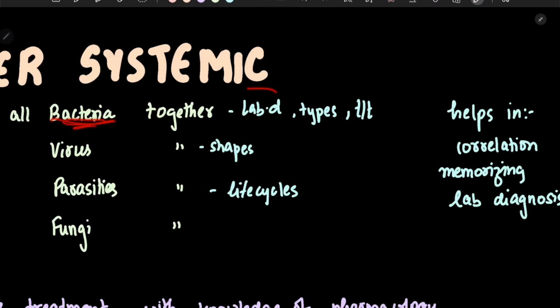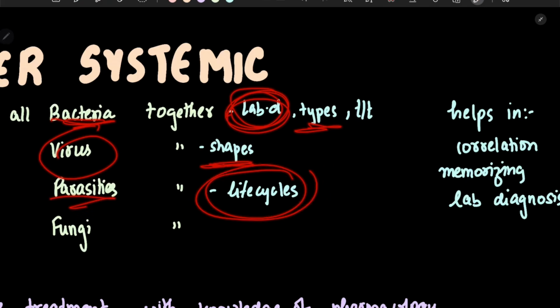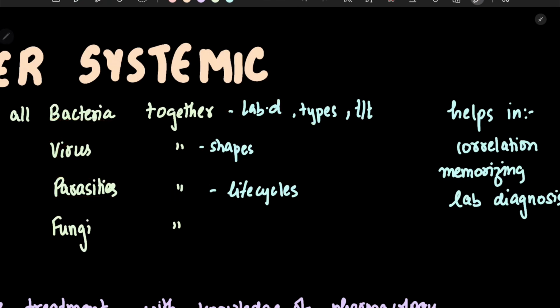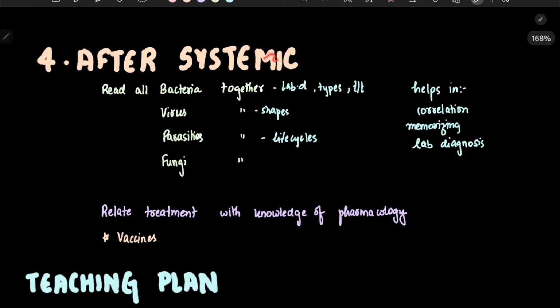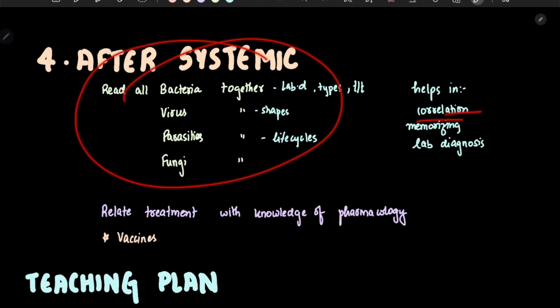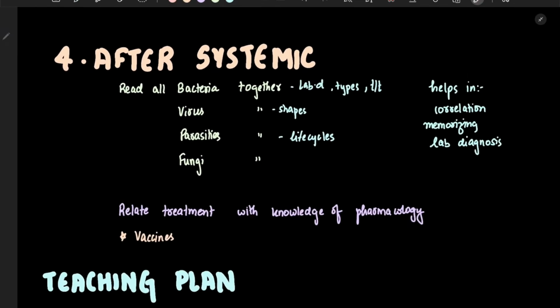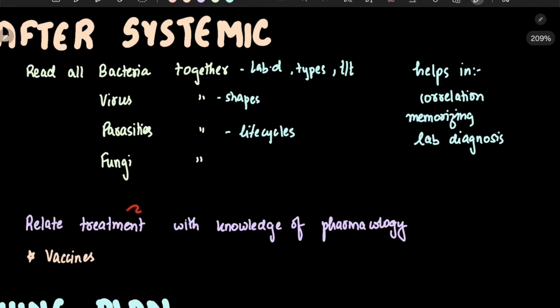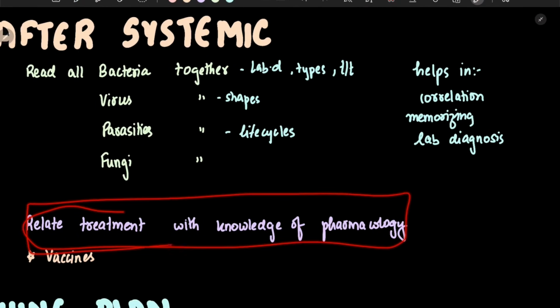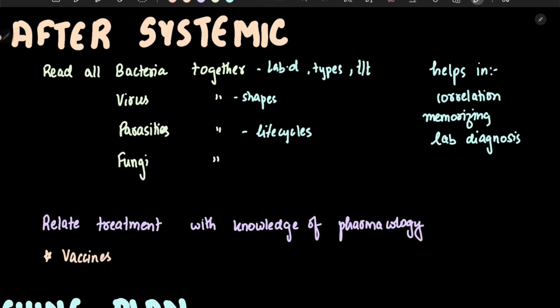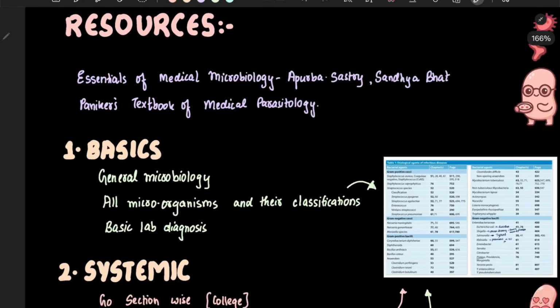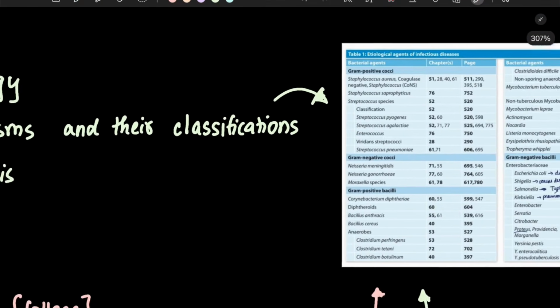In bacteria, focus on the lab diagnosis and the types of bacteria; for viruses, look at the shapes; and for parasites, all the different types of life cycles and their structures. What this helps in is correlation, again in memorizing and all the lab diagnosis. Now, one more important thing that you need to do is, at the end of the year, relate treatment with your knowledge of pharmacology. Like I was saying, when you are studying systemic,